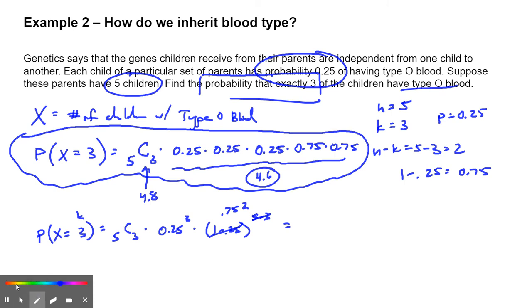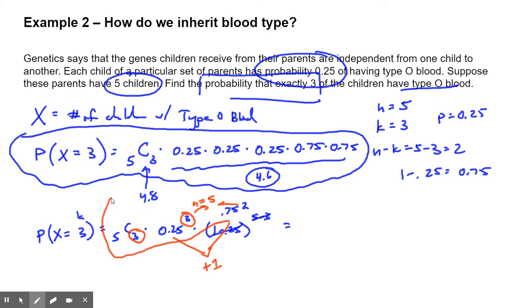And now notice a couple things. When you do this, these two probabilities add to 1, and these two exponents add to 5, which is your n value. And this number here matches that number there. So again, there's a lot of ways to remember how to use this formula. Okay. So now I'm going to show you how we type all of this in